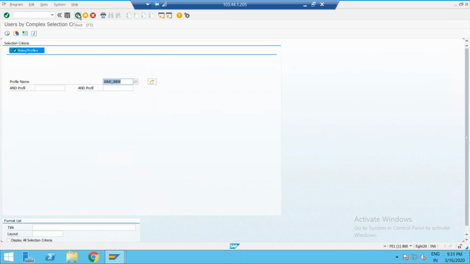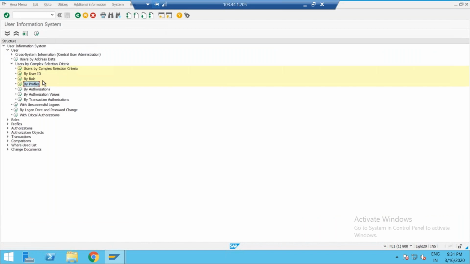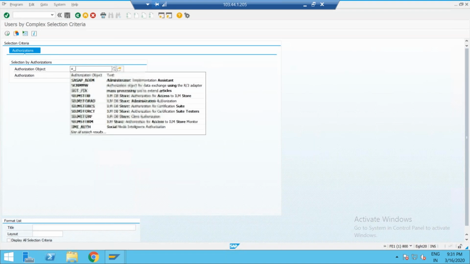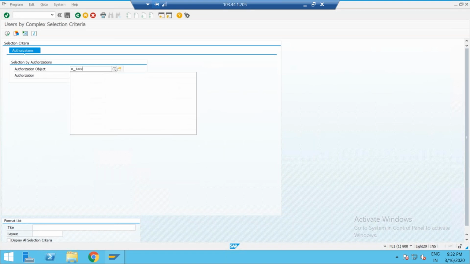Again, go back. By authorization. Give any authorization update, that particular authorization update, how many members are having that authorization update? Give that S_T code. This is only for user list. S_T code.